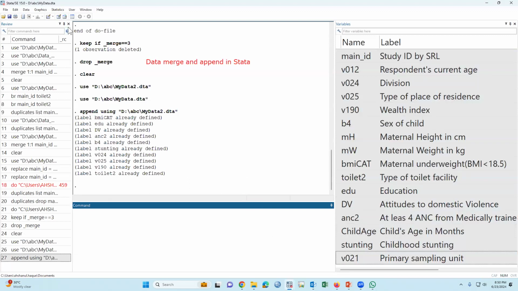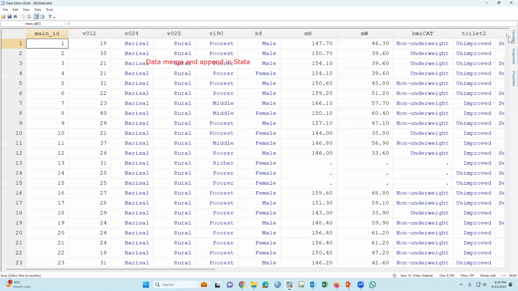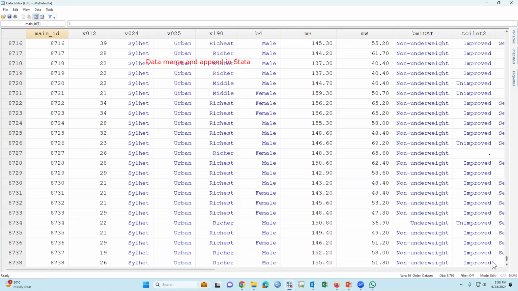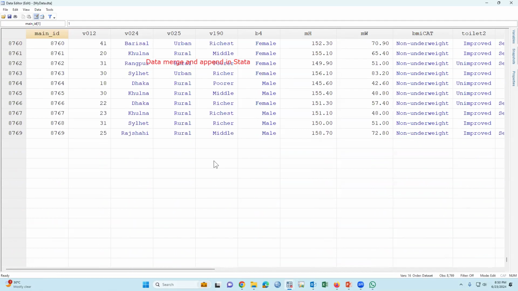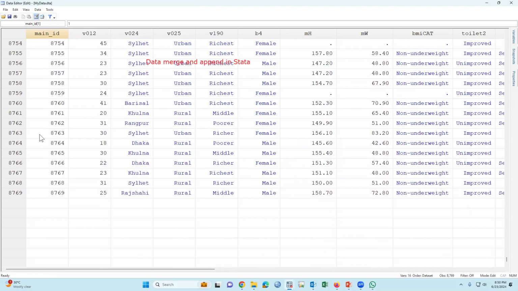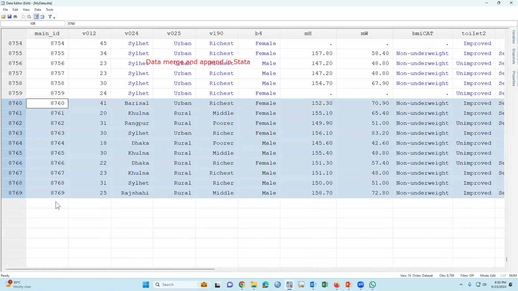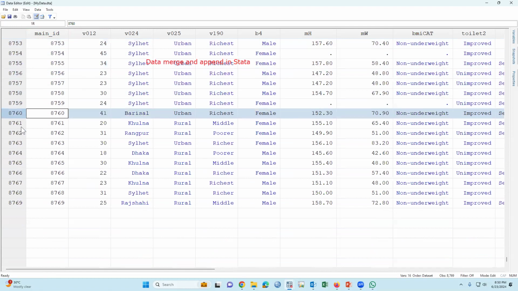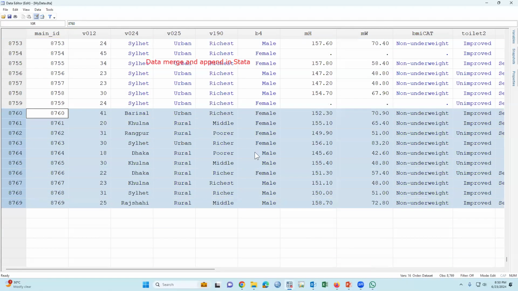So yes, these cases have been added. These are the original data set and these are the additional cases.